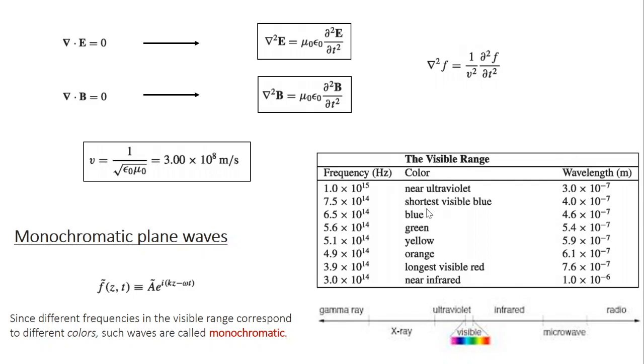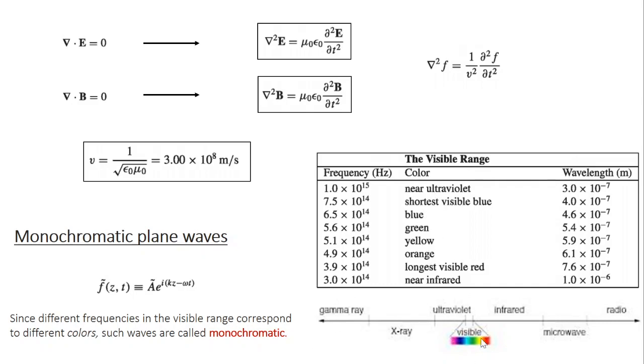So if you substitute for the values in the equation, you will find that a blue light of frequency 650 terahertz corresponds to around 3 electron volt. Similarly, the green light with frequency 560 terahertz corresponds to around 2.3 electron volt. So 3 ways you can specify the electromagnetic spectrum: either in terms of wavelength, or in terms of frequency, or in terms of energy. So this is about the visible spectrum.